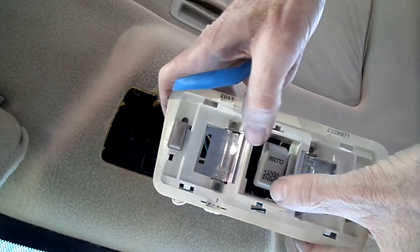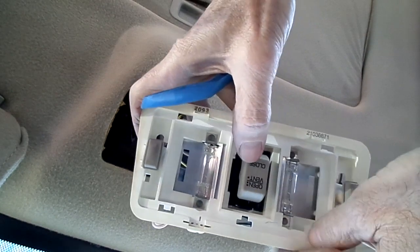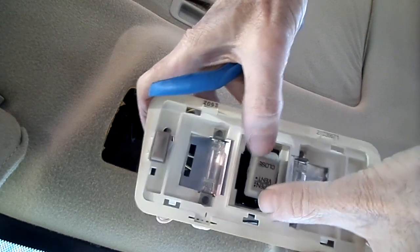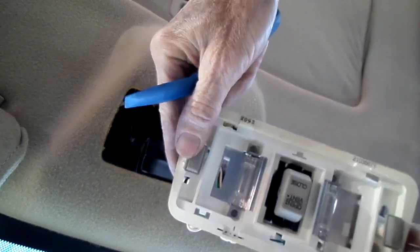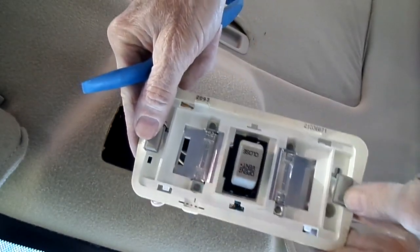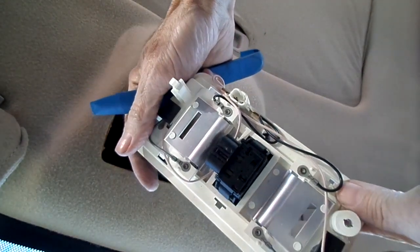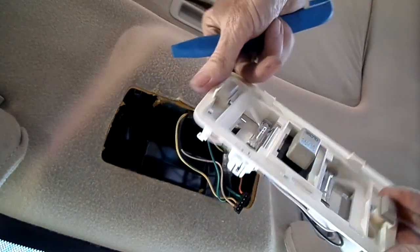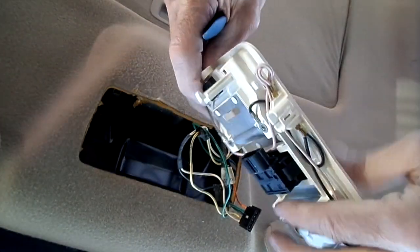There's your sunroof switch. Open, close, vent. Close, open. Little map lights here. That's it. Now if you want to replace it,